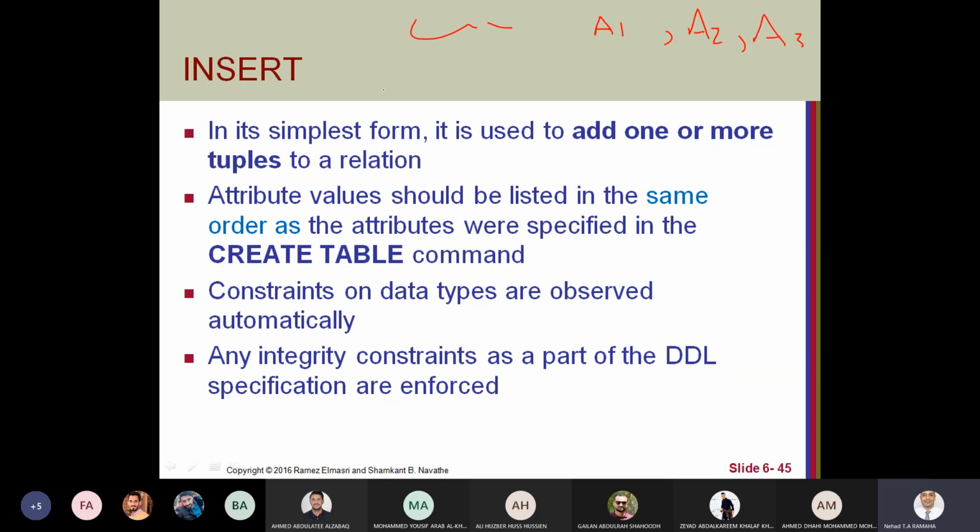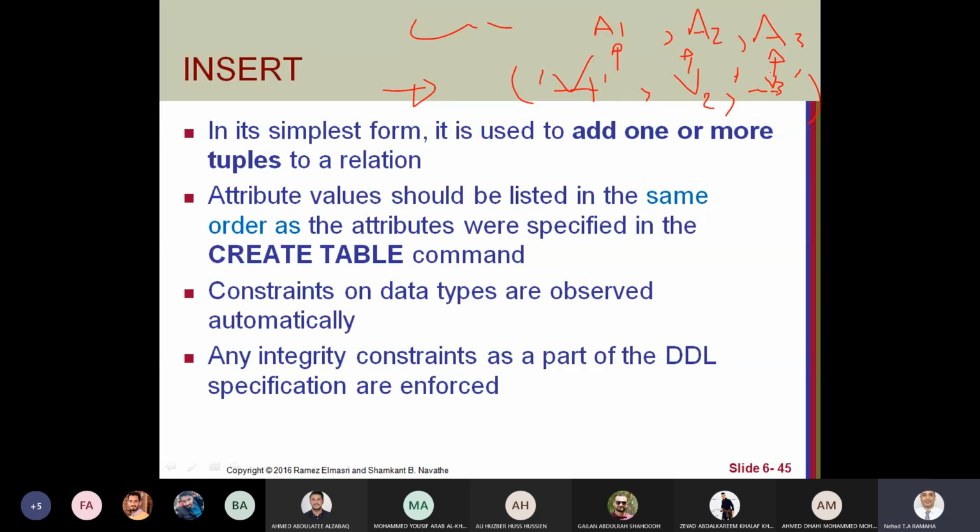Then when you use an insert statement, if you did not mention the names of the attributes, just the values, like V1, V2 and V3, this means V1 for A1, V2 for A2, V3 for attribute 3,